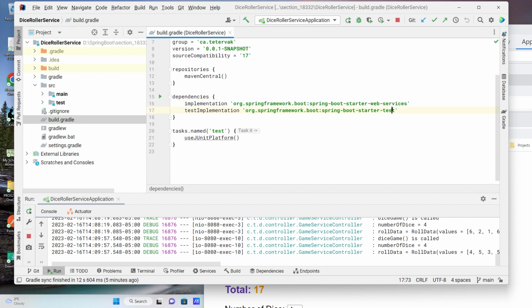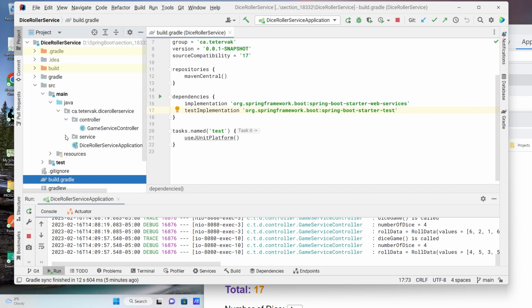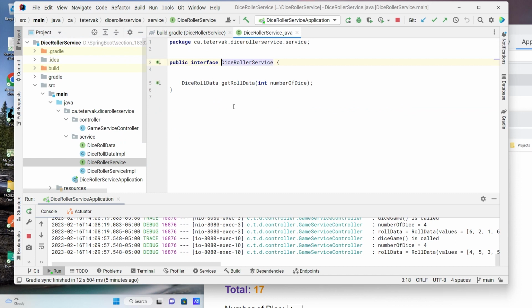And the test is included by default. So let's see what do we have now. In main, I copy-pasted service path from previous dice roller. So what is here? I have some service